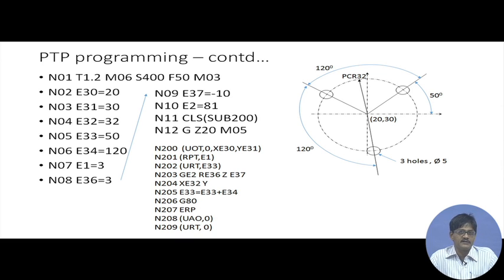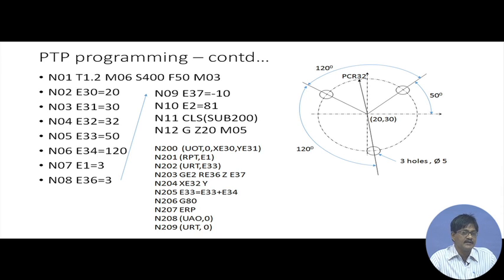So, it is a declaration to the machine to get ready: the moment I declare a coordinate position, carry out drilling, with R meaning the changeover location from fast motion to slow motion. R E36 means at 3 millimeters above the job surface, and Z value E37 means go to a depth of minus 10 millimeters below the job surface. I am always saying job surface because after you have declared tool length offset, the job surface becomes Z equal to 0.